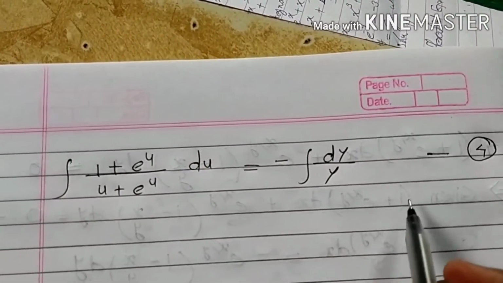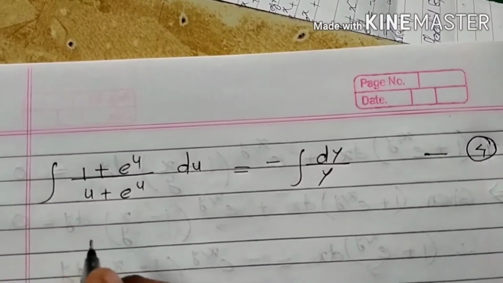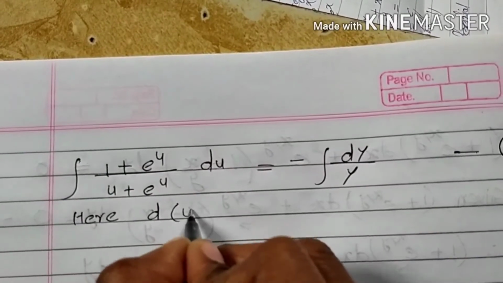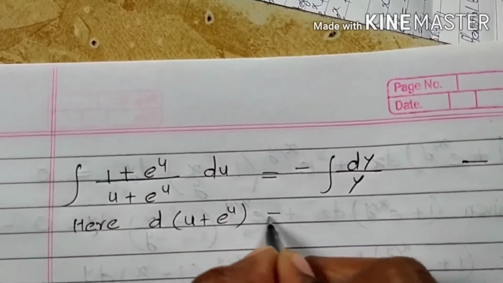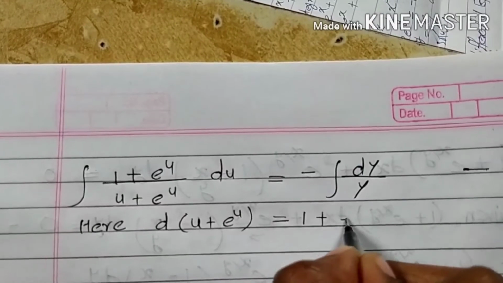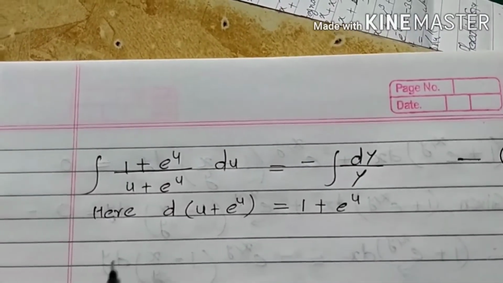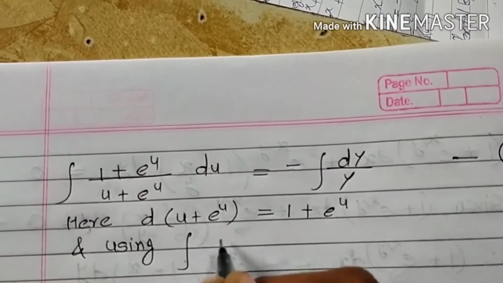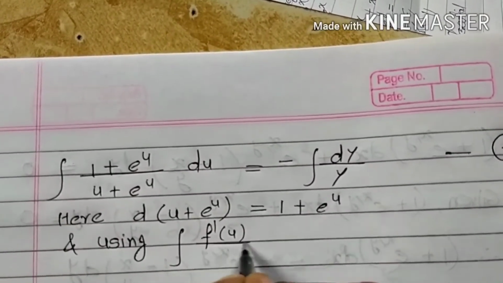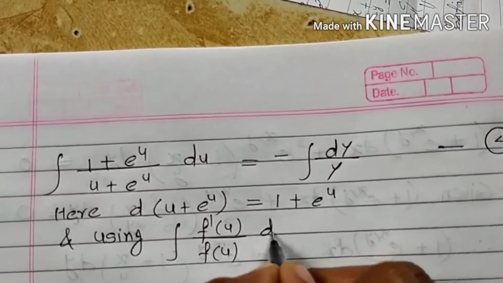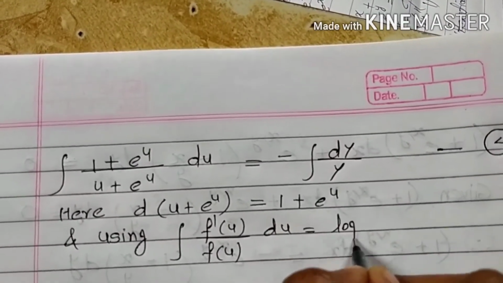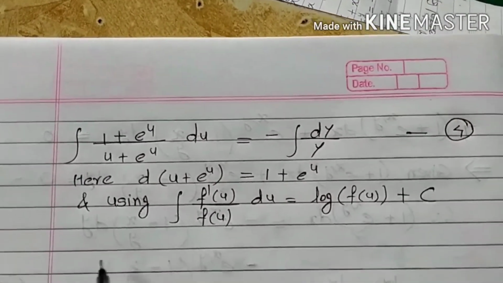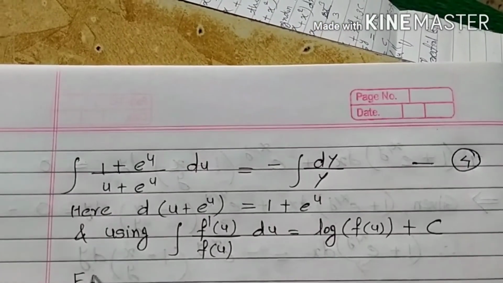So I am repeating this step here and calling it equation 4. You can observe that the derivative of u plus e raised to u is equal to 1 plus e raised to u. Okay. And using integration of f dash of u upon f of u du, which is equal to log f of u plus c, equation 4 becomes: